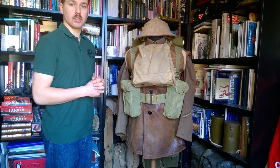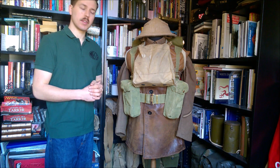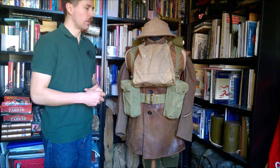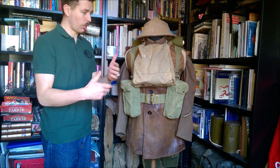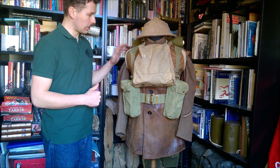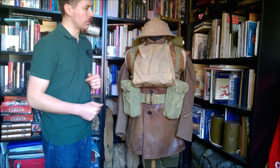A lot of regulars sent out to France in 1939 went out in service dress, but as I say, through 1940 there seems to have been a change, and men were actually sent battle dressed to re-equip in the field with the most modern uniform, which makes sense. But this soldier, in the winter months, is very commonly seen in photographs wearing service dress rather than